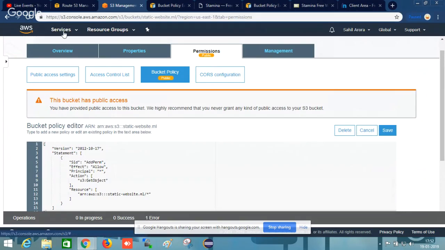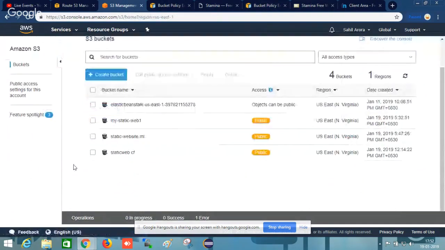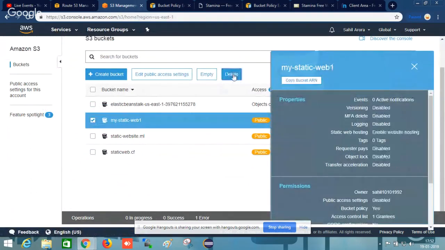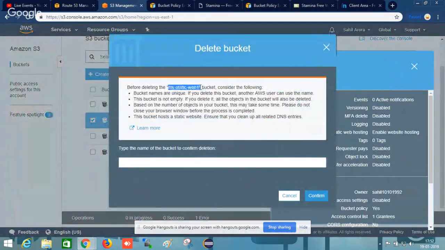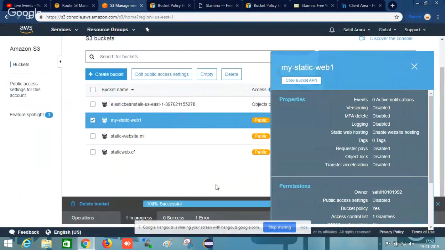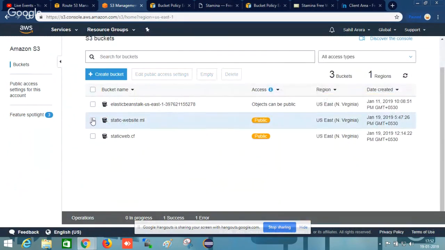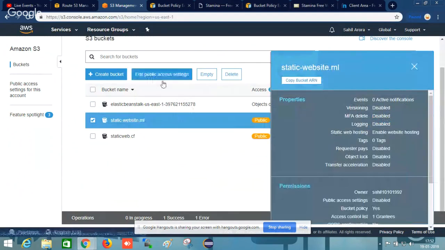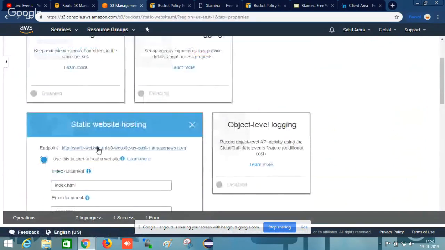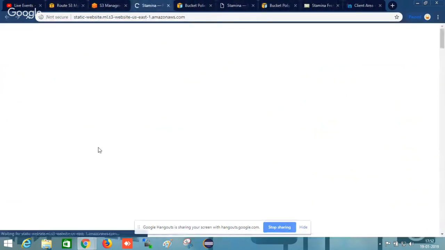Let's go back to S3. Let's delete our previous bucket. We don't need it now. So this is my static website.ml bucket. If I go to properties, let's check the link here if it is working or not. Hit the endpoint. So my link is working here,